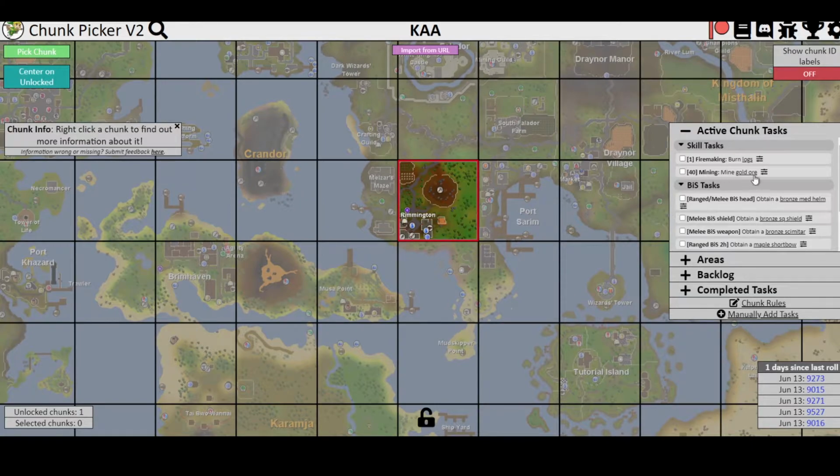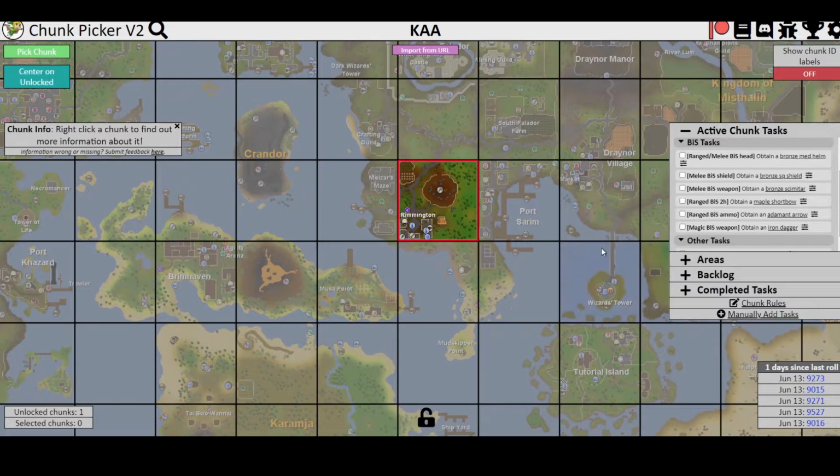We need to get 40 mining because there's gold in them there hills. Oh, but a crater? Really? Well, I don't think it's a crater either. It's just a mining pit, I guess. We need to get a bronze med helmet,